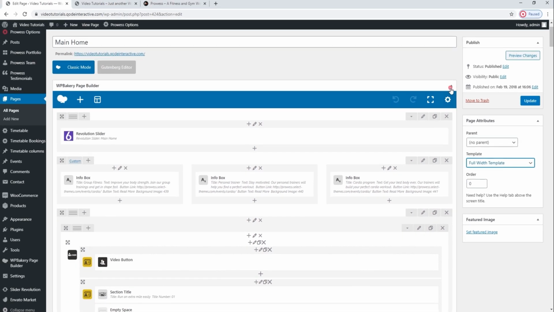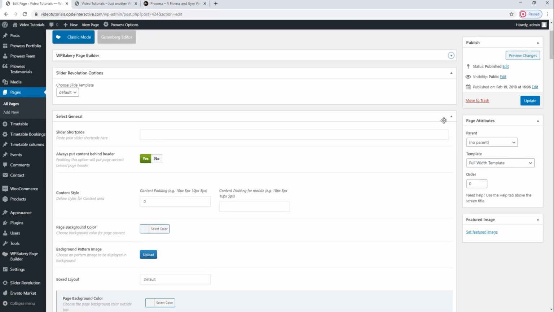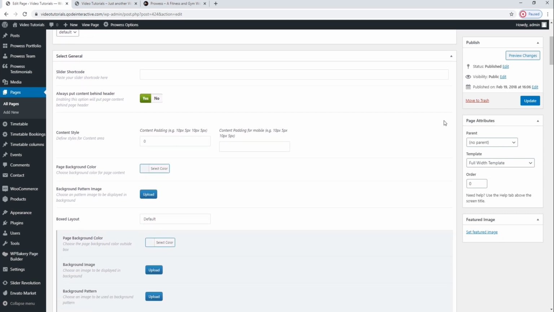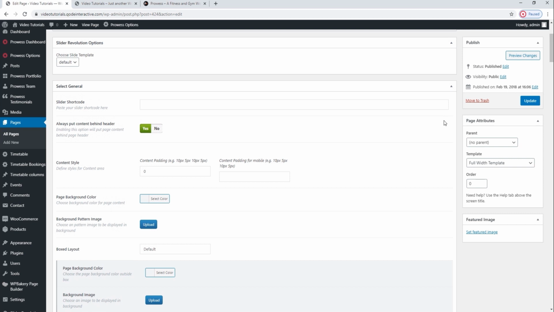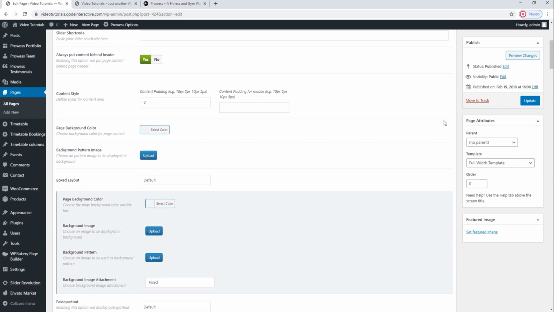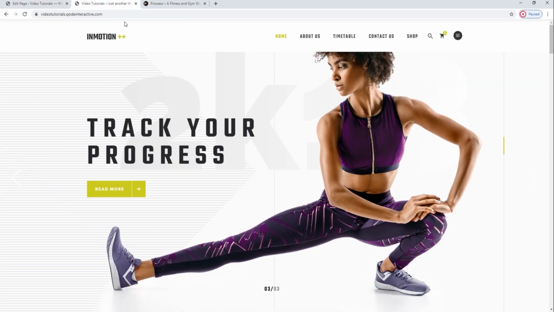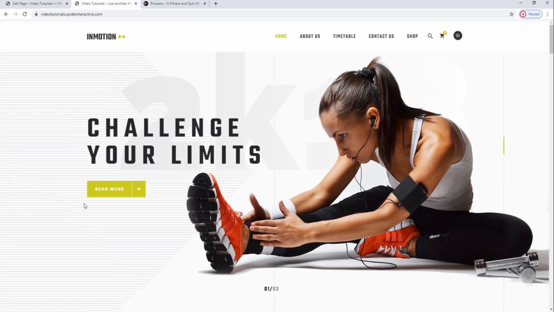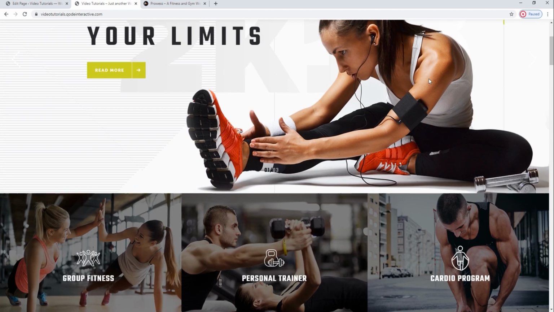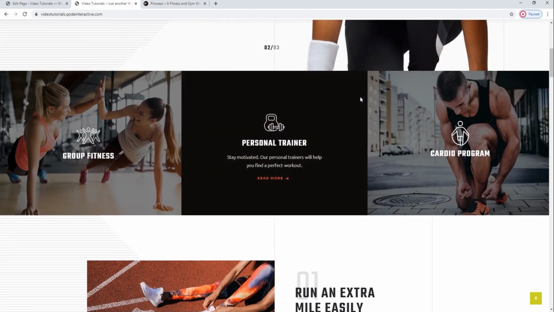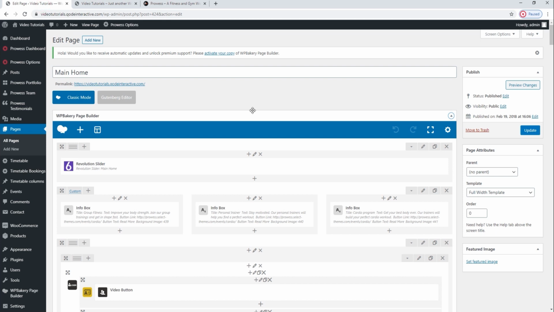Another note, all of the general options we've been exploring previously can also be edited on the page itself. The page options will override the general options. But if you don't want to change anything here, the page will behave based on the defined general settings. When it comes to page content, here's what you need to know. Each section is built as a single row. The row is the basic shortcode into which we add all other shortcodes.